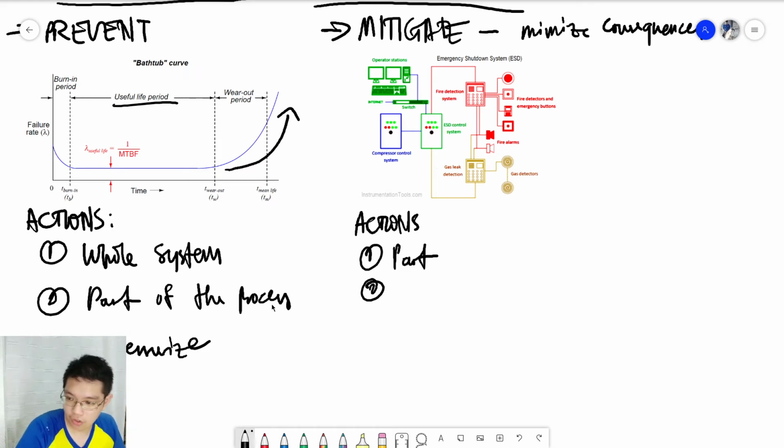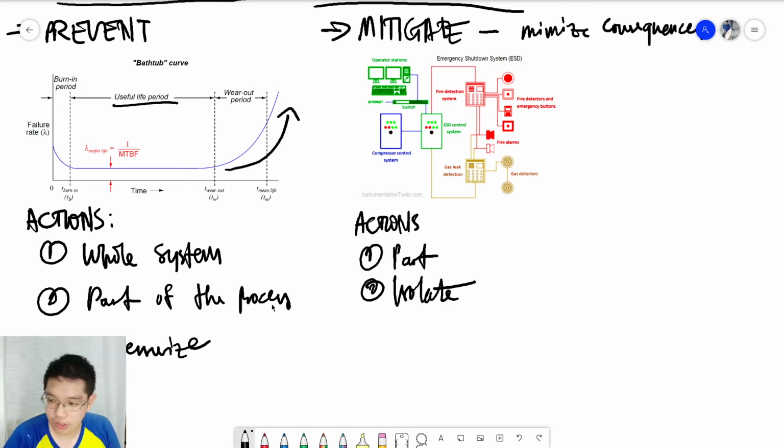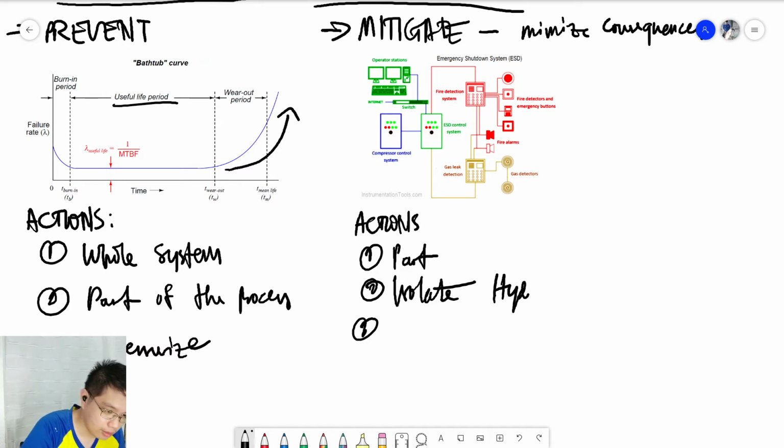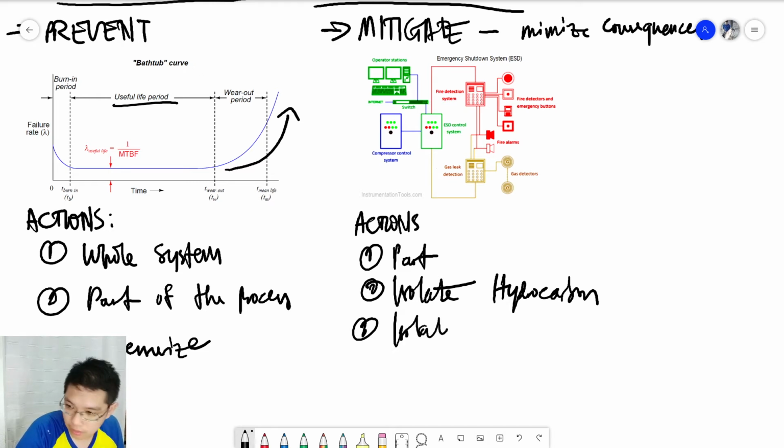Then it can also isolate hydrocarbon inventories, according to my resource here. So you can also isolate hydrocarbons and isolate electrical equipment,